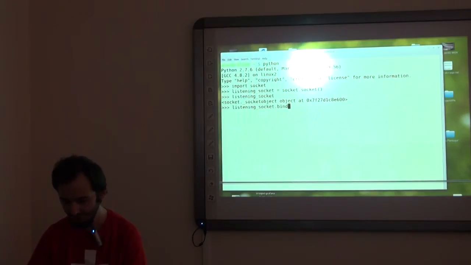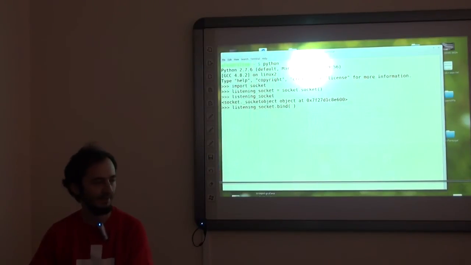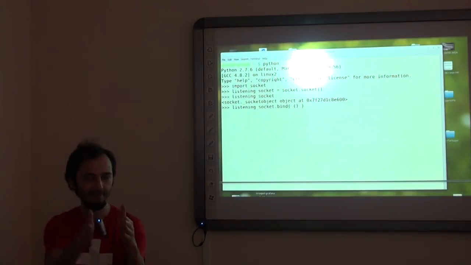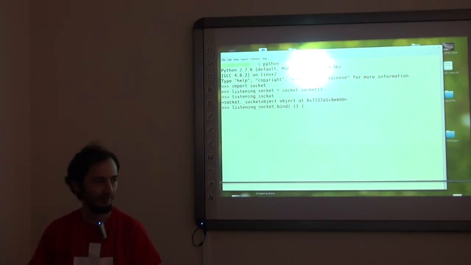Listening socket, bind, and as input, it takes an address and a port number passed as a tuple. In Python, a tuple is a data structure with a fixed number of elements. You write them in brackets and you comma separate them.